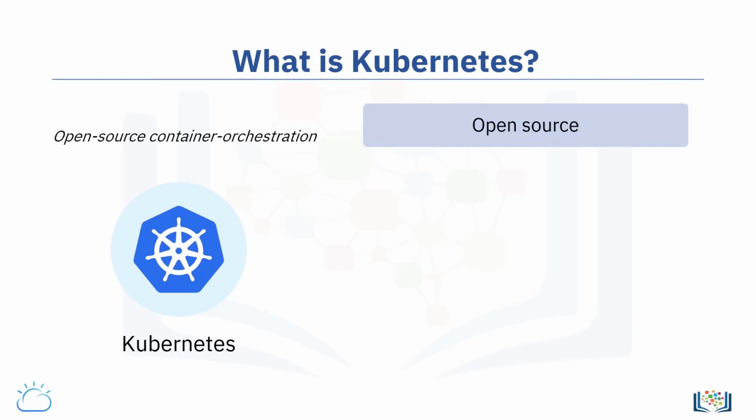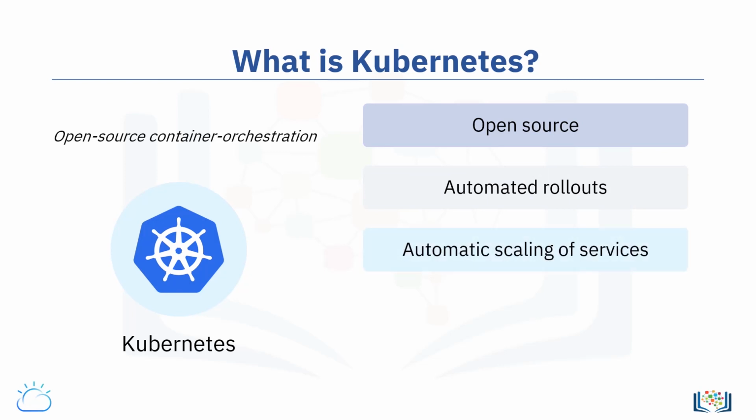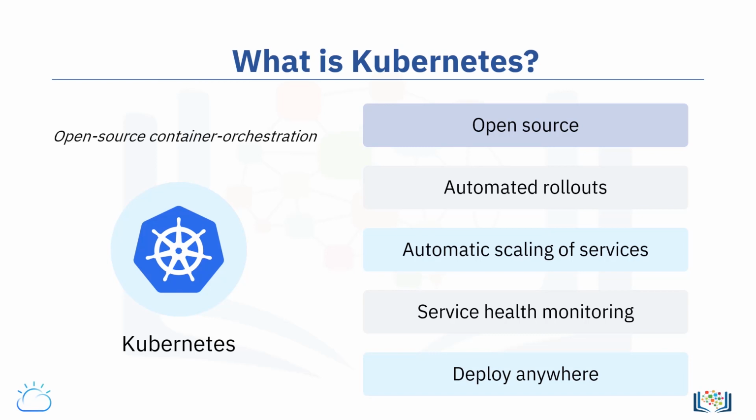The goal of Kubernetes is to make everything associated with deploying and managing your containers easier. It has automated rollouts and rollbacks. Kubernetes will automatically scale your services up or down based off of utilization, ensuring you're only running what you need when you need it. It will monitor the health of your services to prevent bad rollouts before things go bad. It will also continuously run health checks against your services, restarting containers that fail. Most importantly, Kubernetes is built to be used anywhere, allowing you to orchestrate deployments to public clouds, private clouds, on-premise, or hybrid deployments.